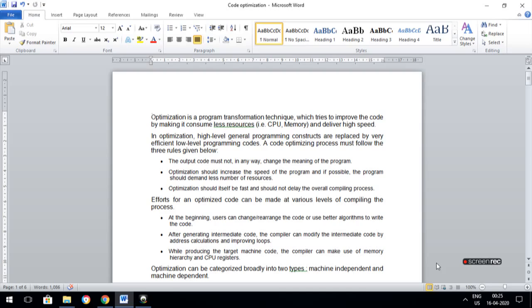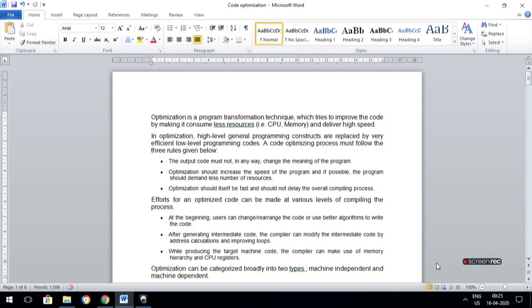When you compile your code, it should not change the meaning, and it should not affect the compilation flow when you do your optimization.